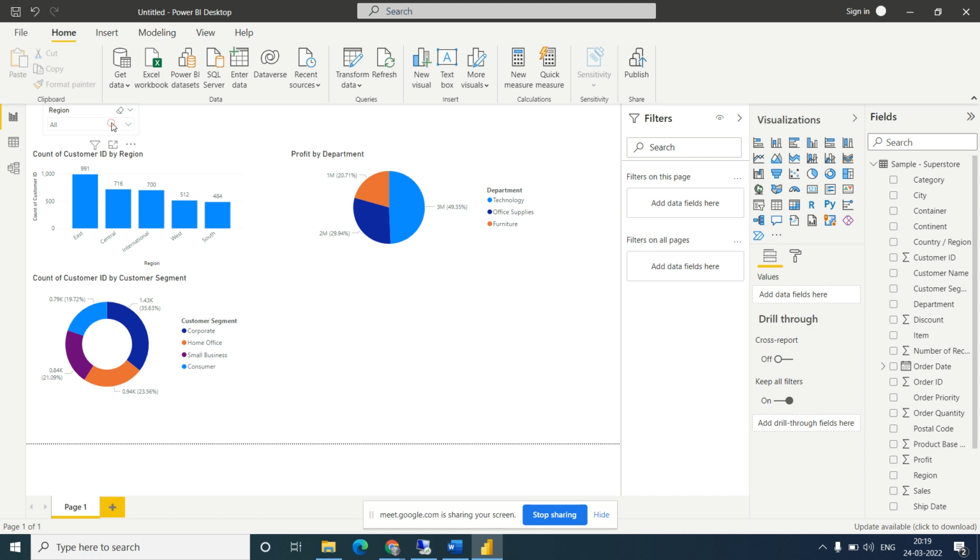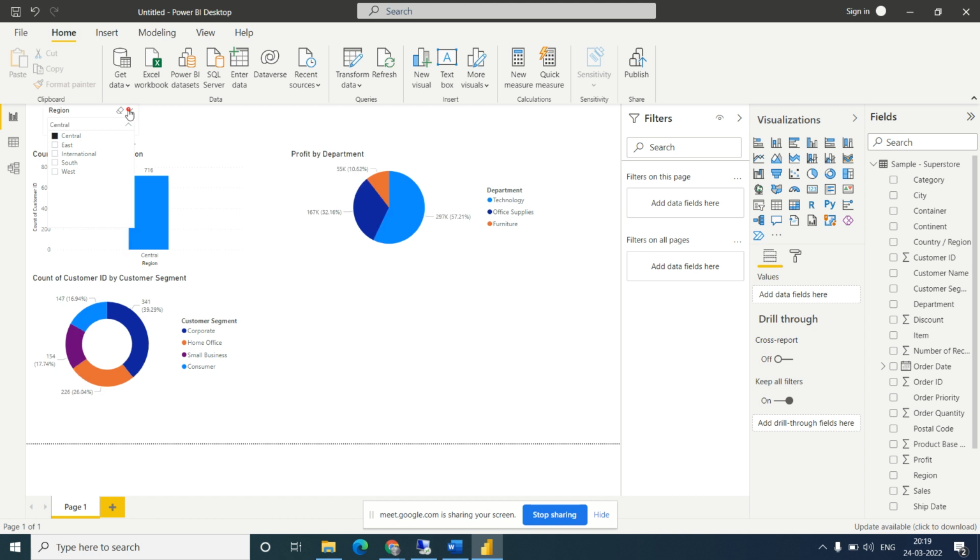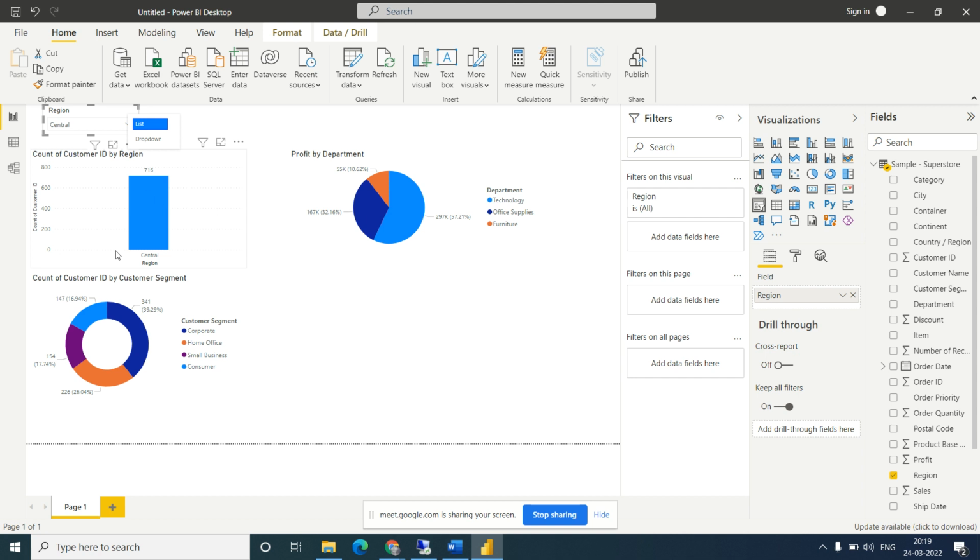Okay, so if I select only west, or if I select only central region, only the central region will be filtered on all charts. Okay, so click on central. Okay, can you see this? Only central related data we are getting, filtered on everything. Okay, if you click again, if you want the south, click on south, you got the south. If you click on the west, it will give you the west. So total west region data, all of the west region data.